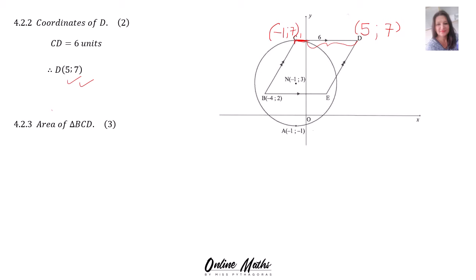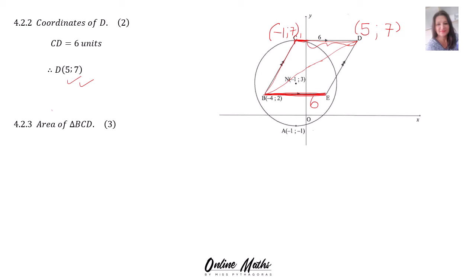Then 4.2.3, the area of triangle BCD. Now what's happening there is this triangle BCD, this is in fact a triangle that lives inside your parallelogram. It's half of the parallelogram. So we need to find the area of a parallelogram, and in order to do that, we need to know that the base of the parallelogram will be 6 units. Since this CD is 6 units and it's a parallelogram, then BE is the base of the